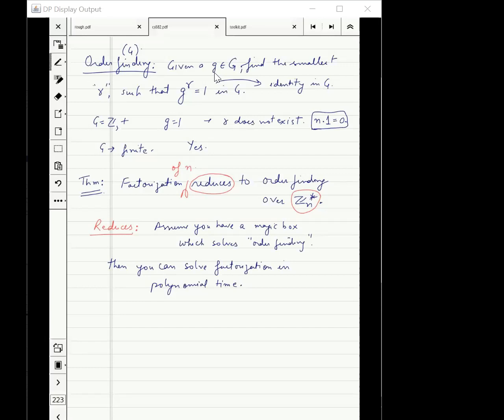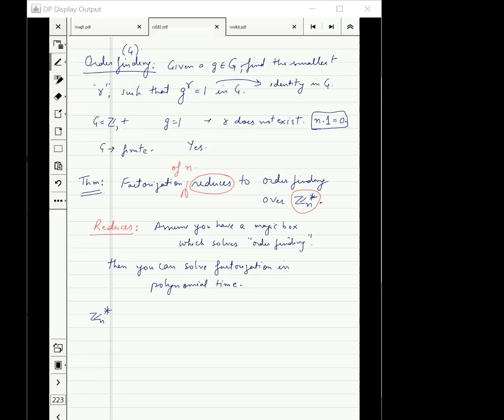Next thing we have to define is Zn star. Do I need to define Zn star, or are all of you familiar with Zn star? Okay, let me ask. There is something on the chat. You can just tell me directly. It's harder for me to open the chat. Don't be shy. Just say I don't know. People with diverse backgrounds are here, and there is no problem in saying I don't know.